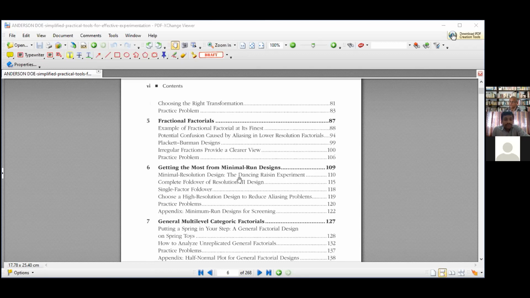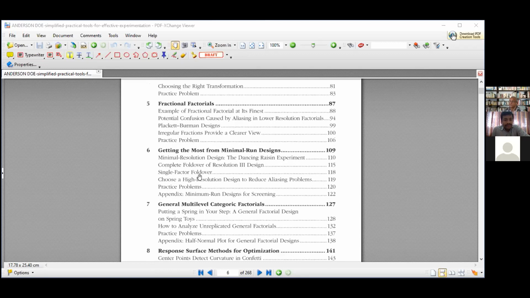Only with the help of software, you can see complete foldover of resolution 3 design. So this is a foldover. This will give you fewer runs. So, getting the most from minimal run designs. You do some experiment, then fold over, single factor fold over. You can start with a high resolution design to reduce aliasing problems, or you choose a low resolution design and do additional experiments to eliminate that aliasing.